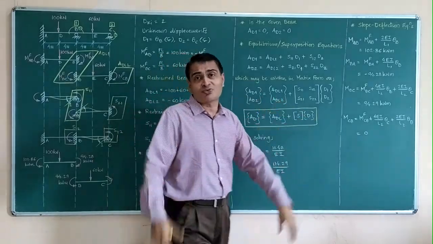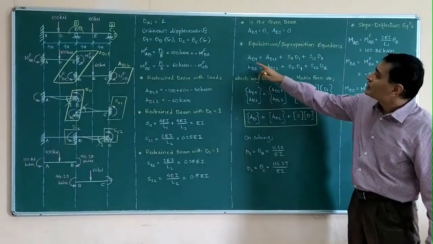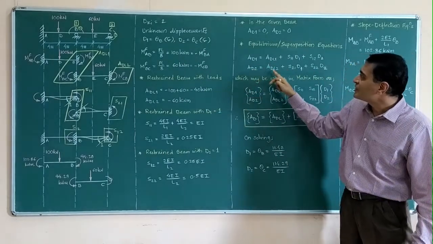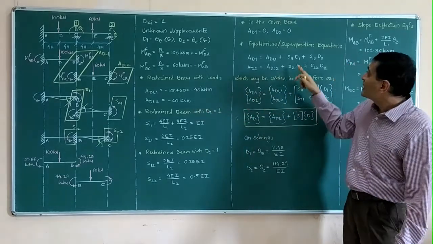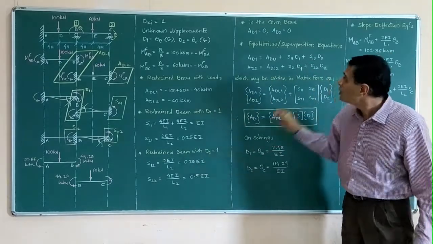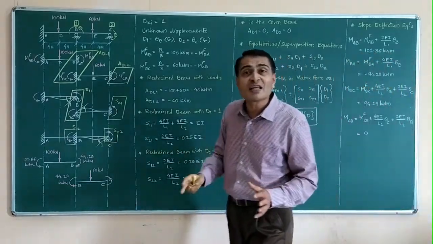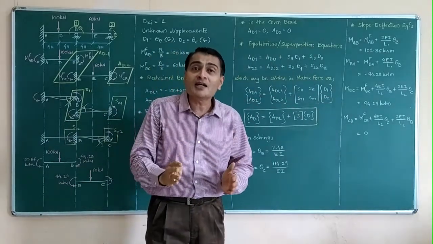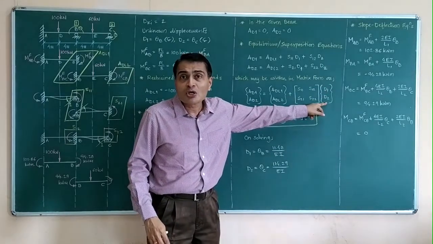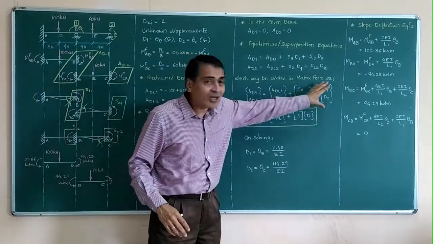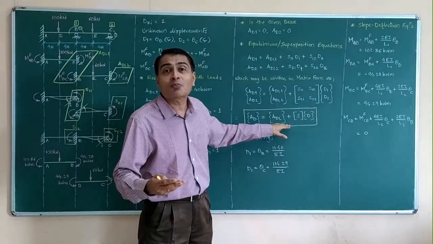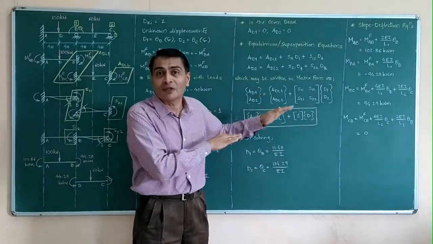And now look at the terms. This is 0, this is 0, this is known to me as minus 40, this is known to me as minus 60. S11, S12, S21, S22, they are known to me, I have calculated. So these two equations contain only two unknowns, D1 and D2, which we have written separately in our last vector. So what I suggest, write this carefully. Remember this is going to be the beginning point of our problem solving henceforth once we come to this level.